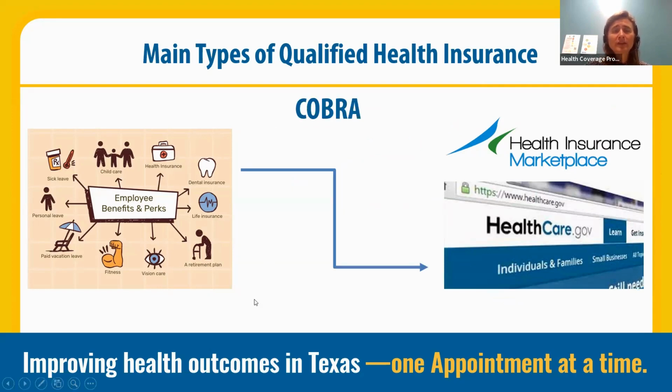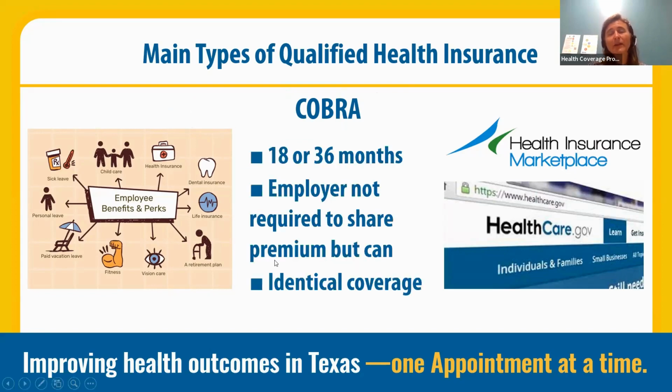And if people do transition out of a certain job, or maybe they had a spouse who quit or left their job, then those people can oftentimes qualify for COBRA. COBRA stands for the Consolidated Omnibus Reconciliation Act of 1985. The way that I remember that is COBRA starts with COB, and we tend to think about COBRA in terms of it's allowing people to have a continuation of benefits of coverage that they had through their employer. So once people no longer have access to their health insurance plan through their employer, they can generally extend that plan for 18 months or 36 months in some circumstances, but usually 18 months.